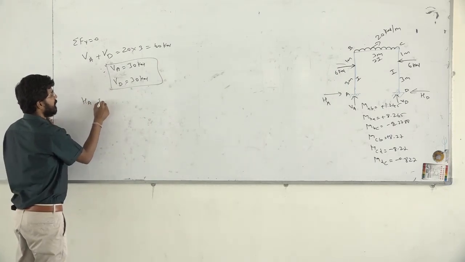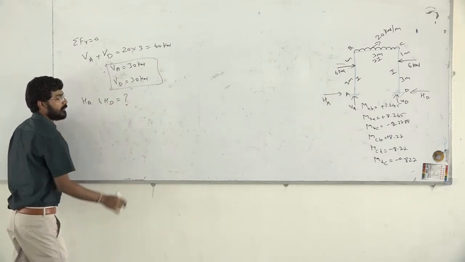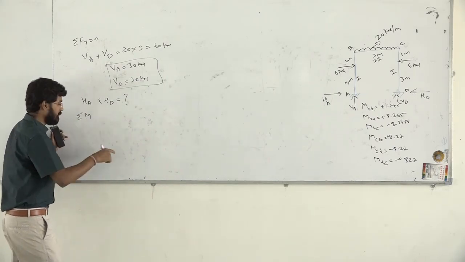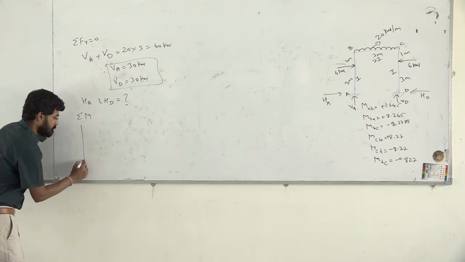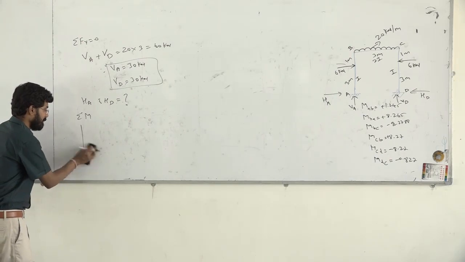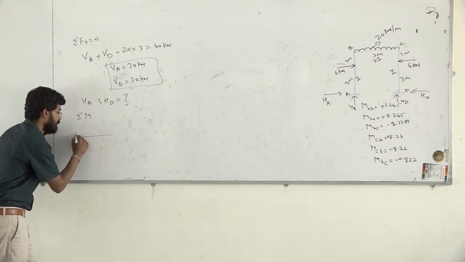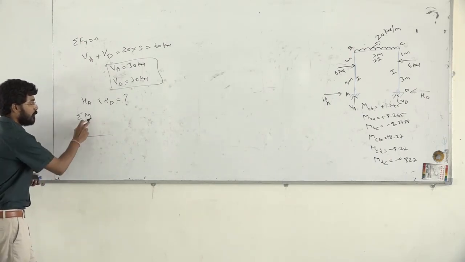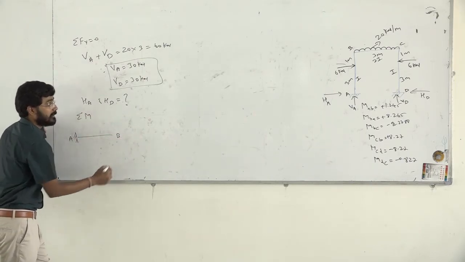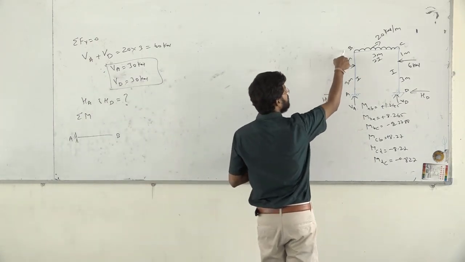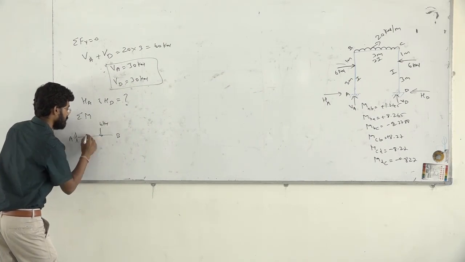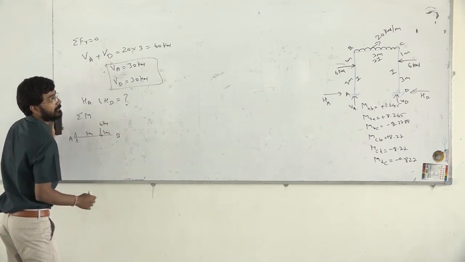To find HA and HD, let us take each and every member. Let us take our first member. This was fixed here, so I will draw it like this to make it simple. To find HA and HD, let us go with our first one. This was A and this was B. This is point A, this is point B. We even have our point load of 6 kilonewton. This is 3 meters, and I think this is 1 meter we had.